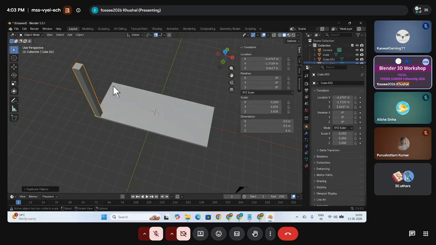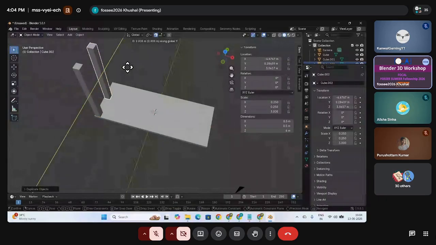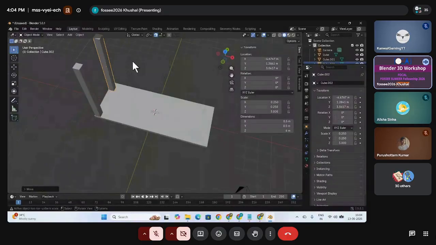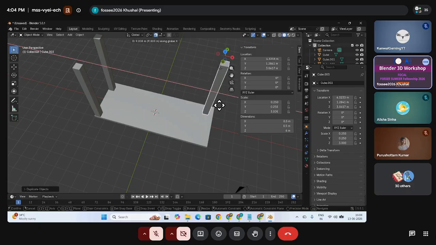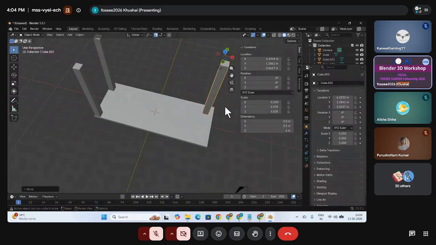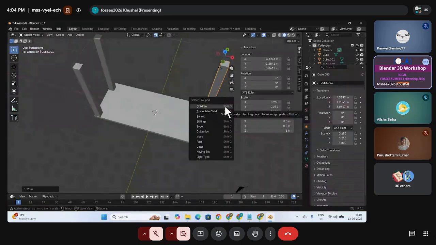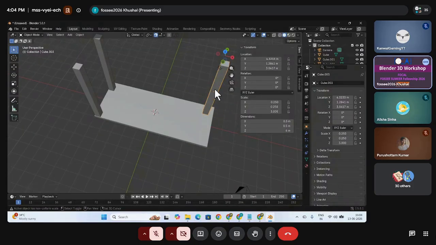Now I have to move it in the Y direction. So G, Y, and see, when I am moving, it is snapping. Okay. And I will keep it here. Once again, Shift D, enter, G, X, I will put it here. Now Shift D, enter, G, Y, and here. So I have placed all the legs